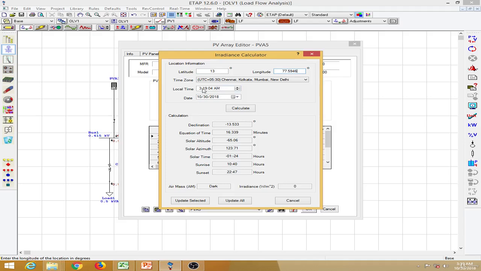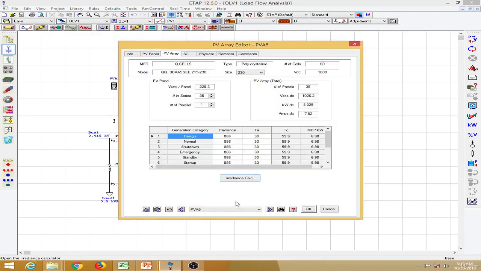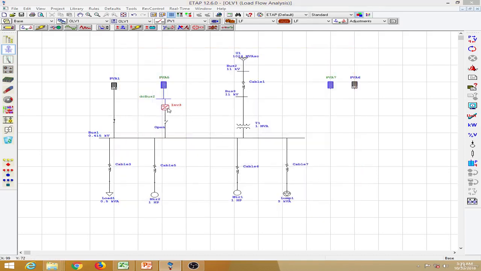I'm going to provide the noon time 12 AM, and let me click on calculate. So you have the air mass value and the irradiance values over here. I'm going to click on update all, and then click on OK and go to the inverter,